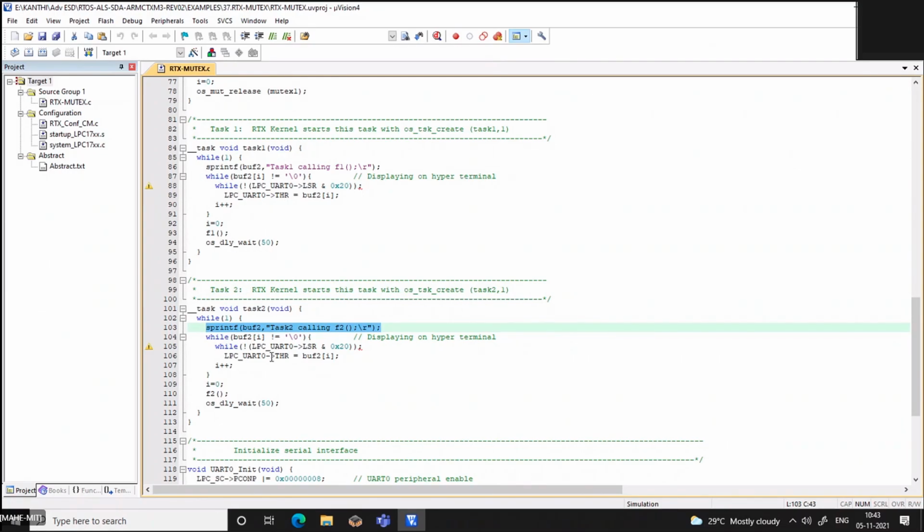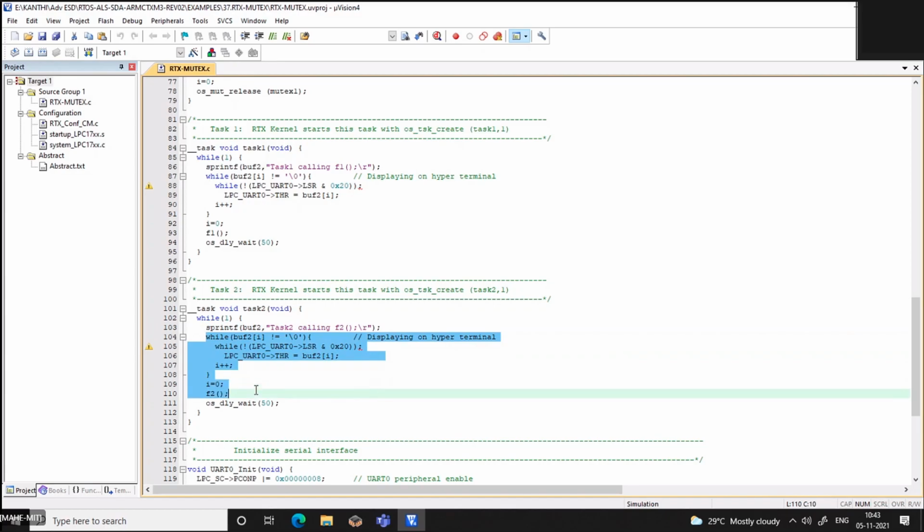Please note that task 1 is calling function 1 and function 1 is calling function 2. But here in task 2, you call function 2 and this message is displayed.